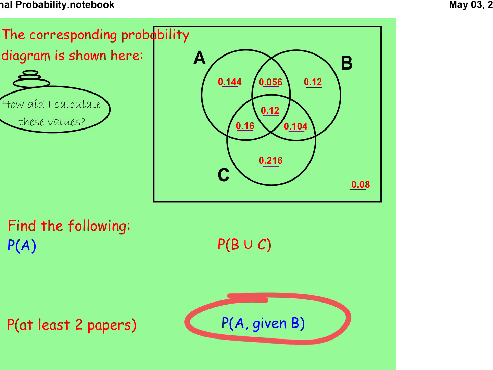As soon as they said given B, you should have either circled this and added them all up,